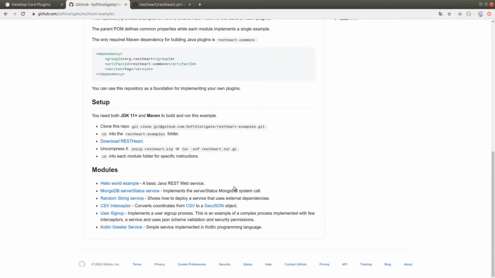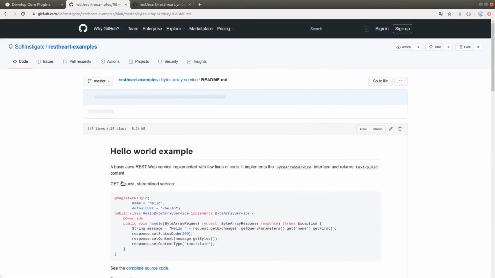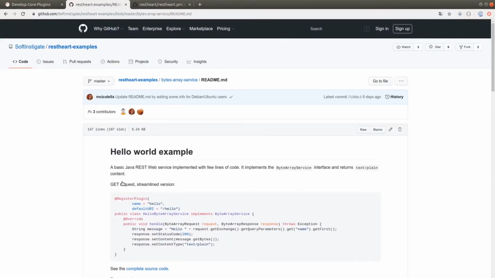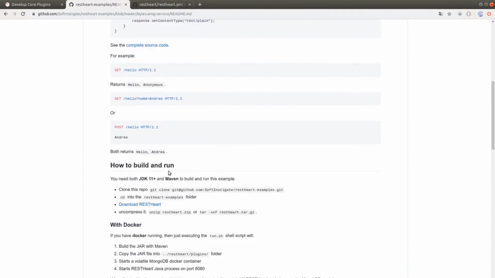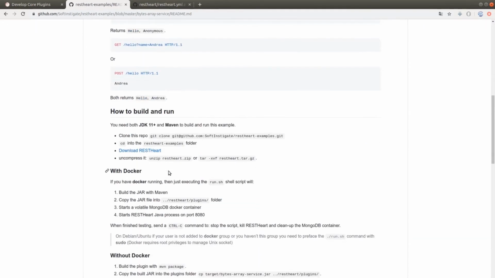To simplify as much as possible the first approach with the code, we work with Hello World. So, as we saw, it corresponds to the Bytes Array Service plugin. Let's skip for now the part describing the service and focus on the part related to the compilation and the execution. All of this is inside the README file.